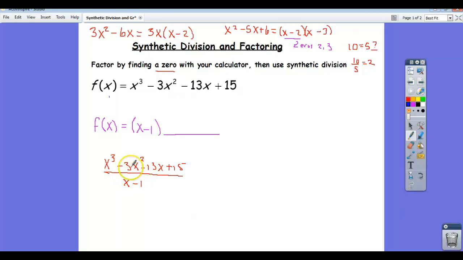Well, this division might seem like a pain, but because we're dividing by a degree 1 polynomial, x minus 1, we can use synthetic division. So this is a refresher for you, because I know you saw it in Algebra 2, how synthetic division works. The 0 associated with the factor x minus 1 is a 1, so I'm going to put a 1 in the box. And I write the coefficients of my polynomial in order,